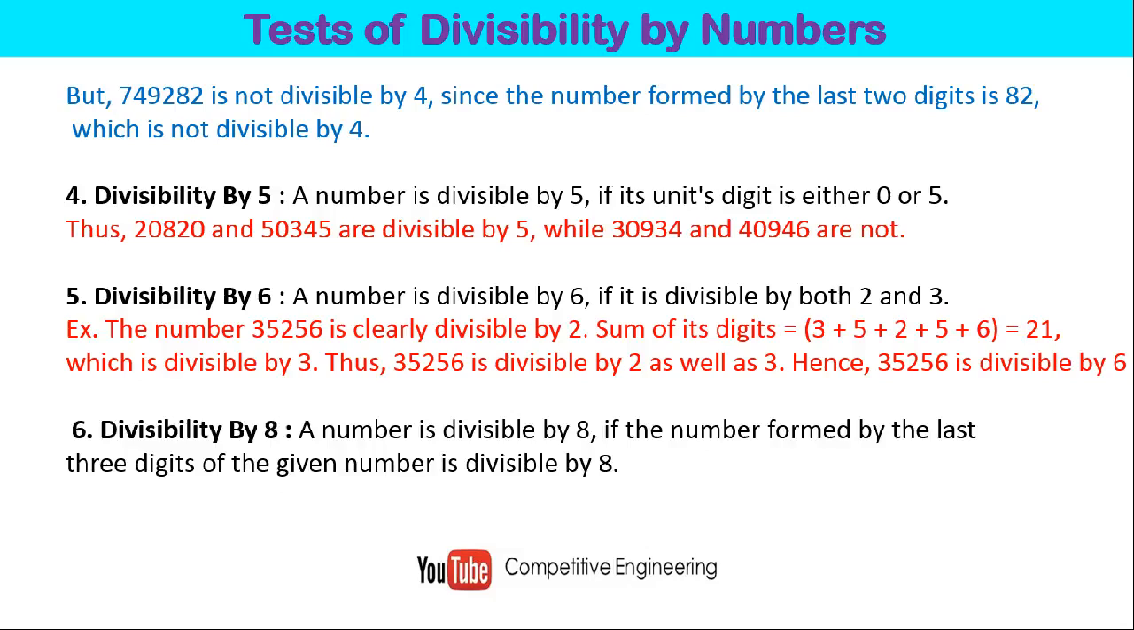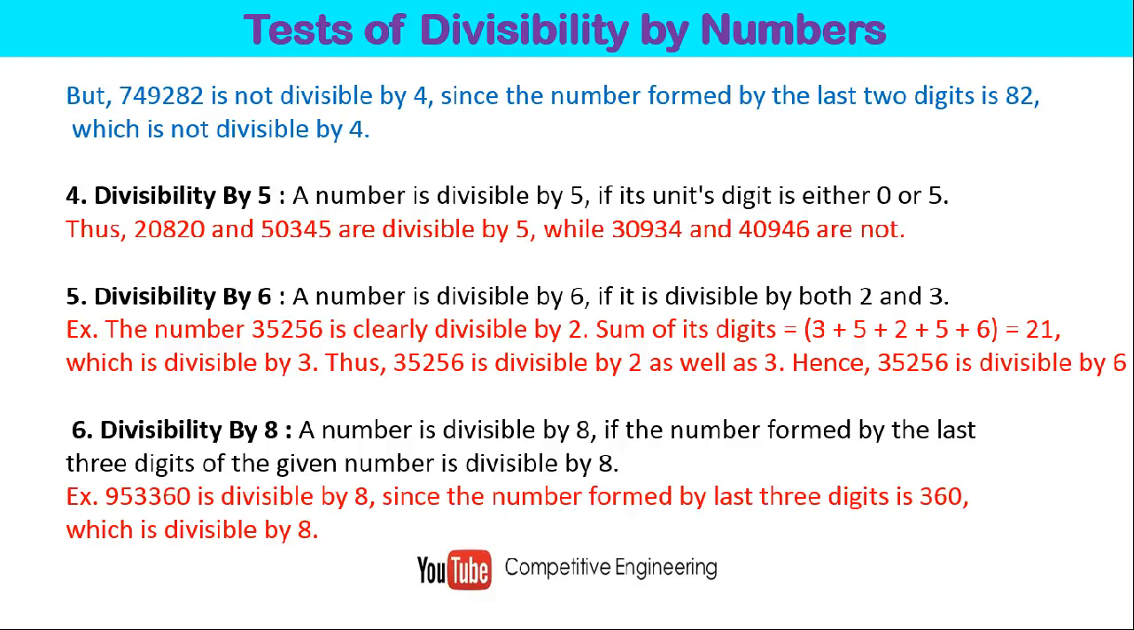Then divisibility by 8. A number is divisible by 8 if the number formed by the last 3 digits of the given number is divisible by 8. So in order to check the divisibility by 8, we have to take the last 3 digits and check whether it is divisible by 8 or not. So take an example,